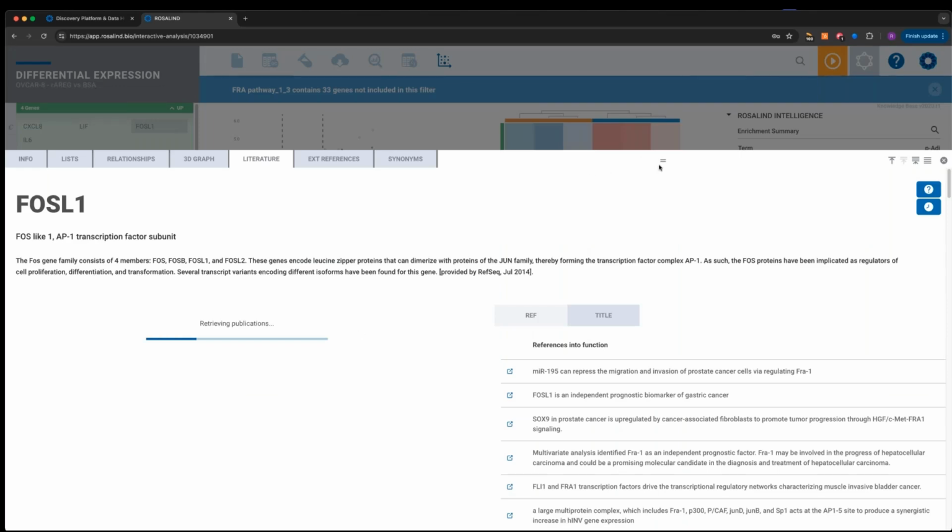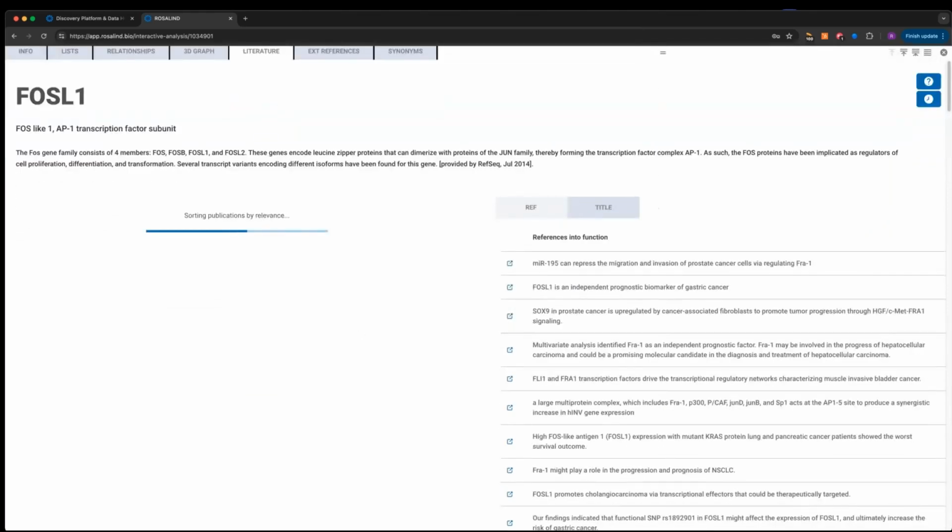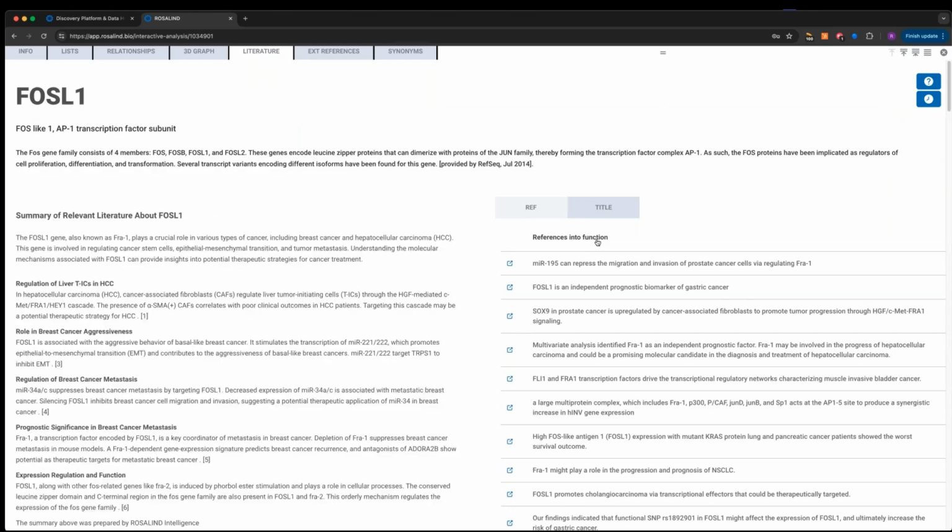And so what we're doing here, and this is happening in real time, is Rosalind is scouring all of the known publications for FOSL1. You can think of this as like a PubMed search. And then we're applying some algorithms to it. So we look at all of the public knowledge, publications of FOSL1, and then we rank order the publications according to relevance, according to does it describe its biological function, how recent is the publication as well. And so we rank order these publications, we pull out the handful that are most representative, that are most relevant, that summarize the function of this gene.